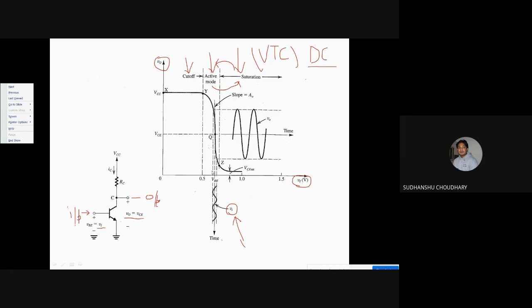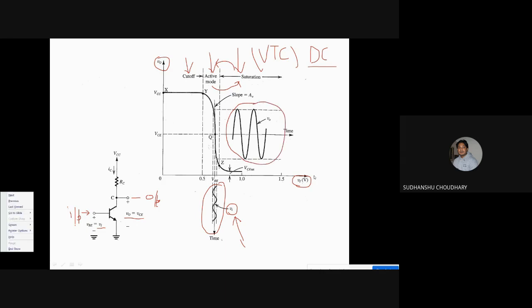And at this Q point, that is at this biasing point which has been set by this biasing circuit, we apply the AC input voltage, or the AC input voltage is superimposed on the DC. When you superimpose this AC input, from the VTC one can observe the amplification of the input voltage at the output. Now this is also inverted. This waveform is inverted, that is, the output is the inverse of the input.